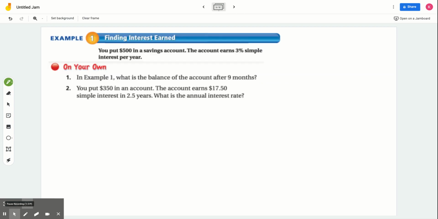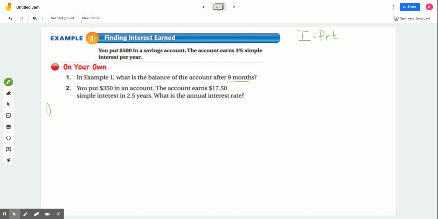Here in example 1, it says you put $500 in a savings account. The account earns 3% simple interest per year. So in example 1, what is the balance of the account after 9 months? Now, remember that time is in the form of years. So we need to convert 9 months